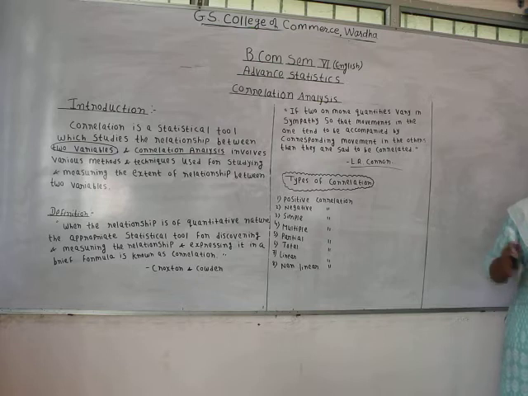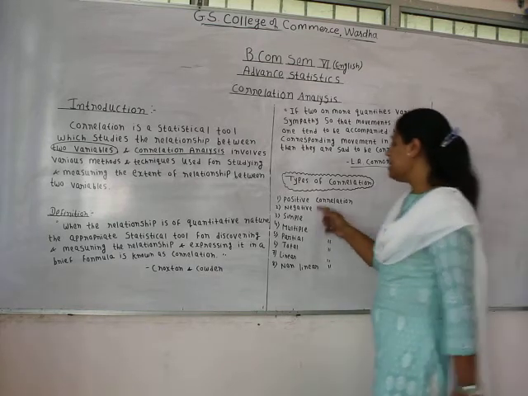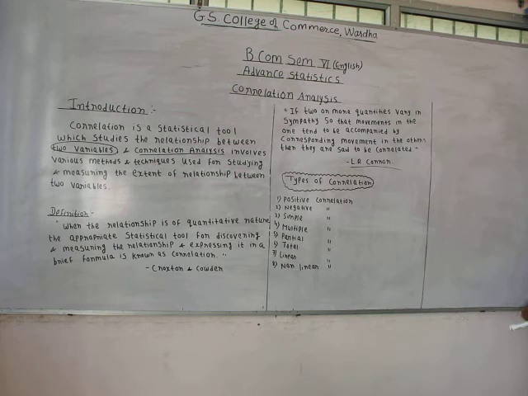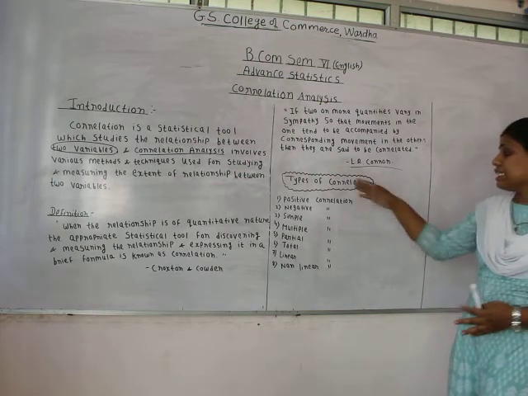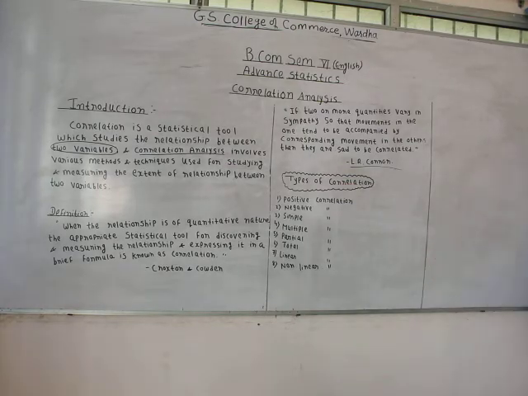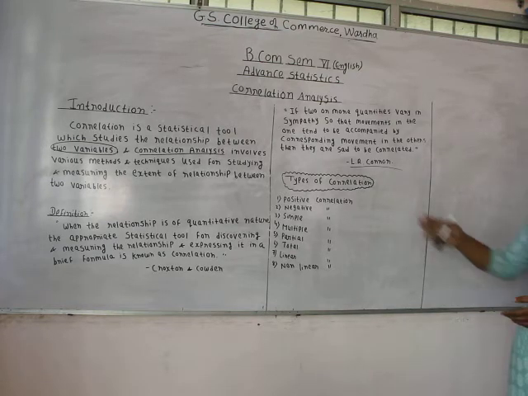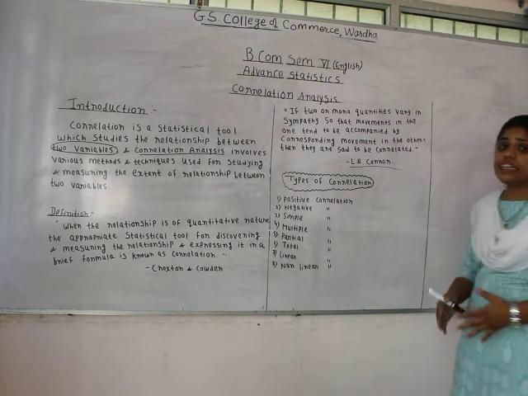So when two variables are correlated in such a way, it is known as positive correlation. The second one over here is negative correlation. Now what is meant by negative correlation? When we talk about negative correlation, it is exactly opposite of positive correlation. When the two variables show a reverse trend or reverse direction, it's known as negative correlation. We will take an example to understand this concept of negative correlation.